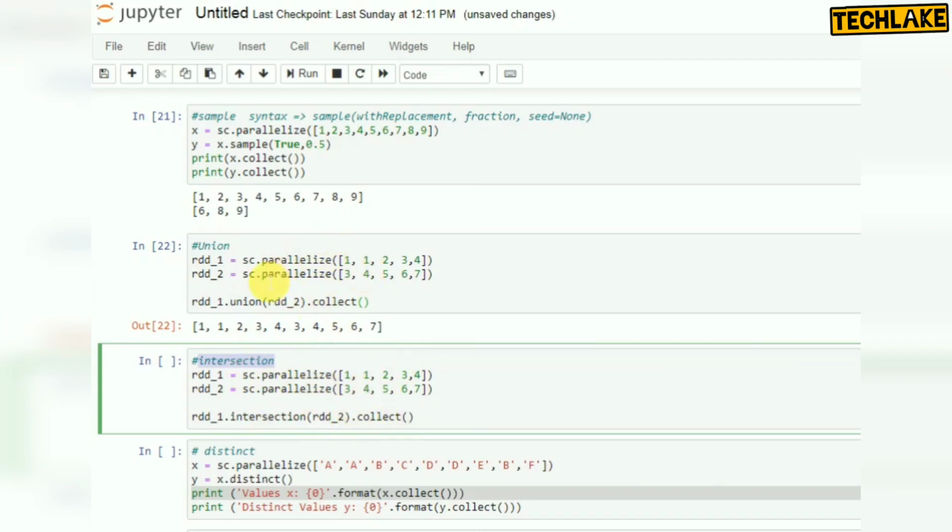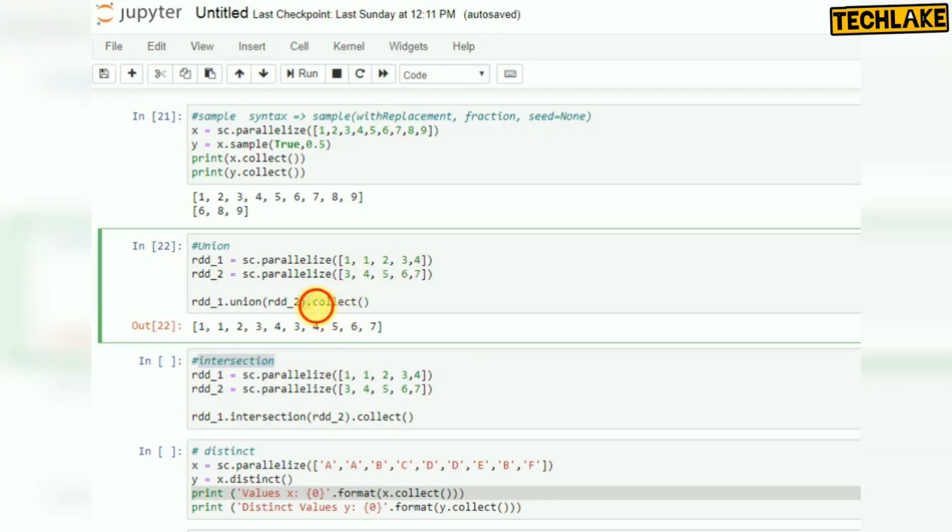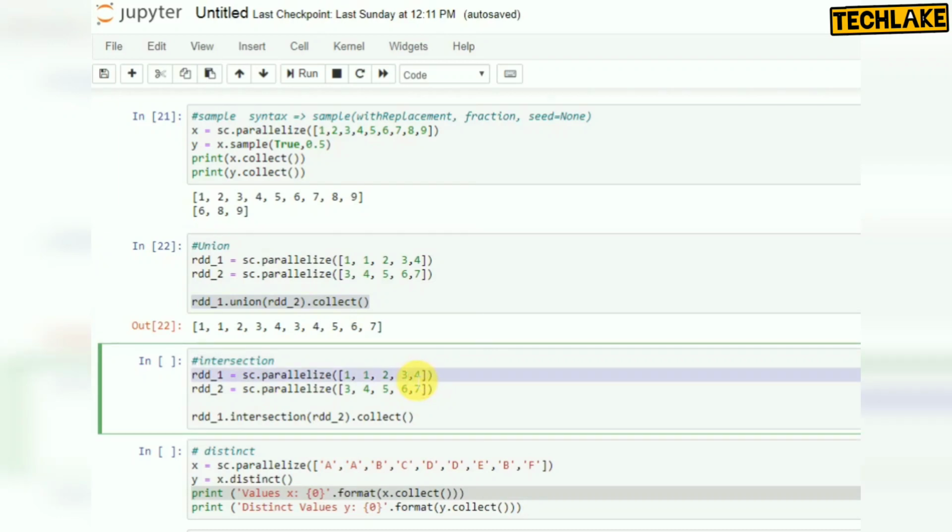Normally in an Oracle database, union gives only unique values. If 3 is available in both and 4 and 4, it will display only one time. But here no, it will display both values. That's the union here.